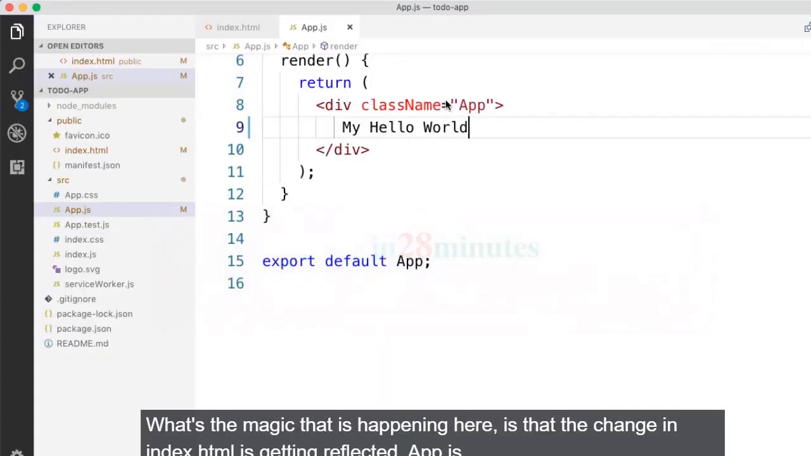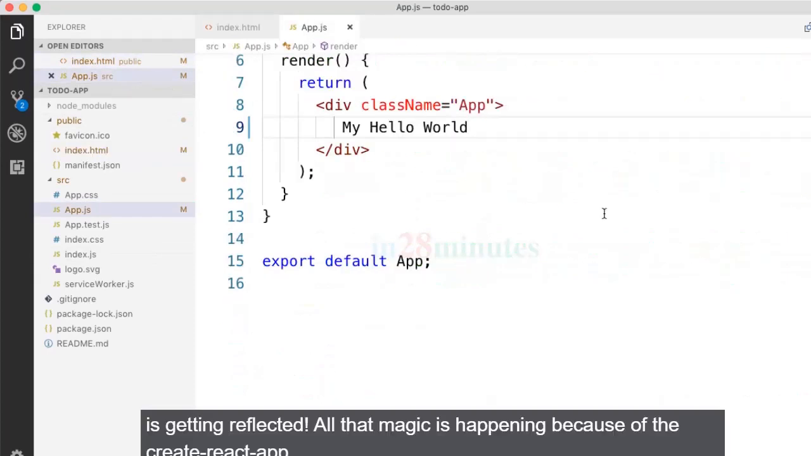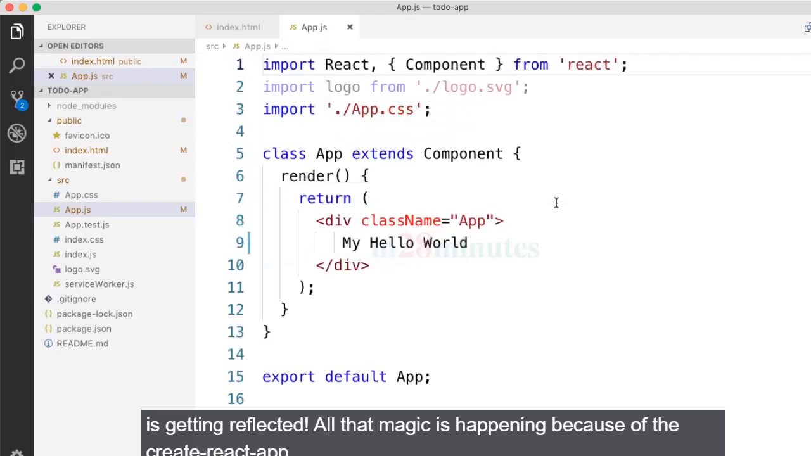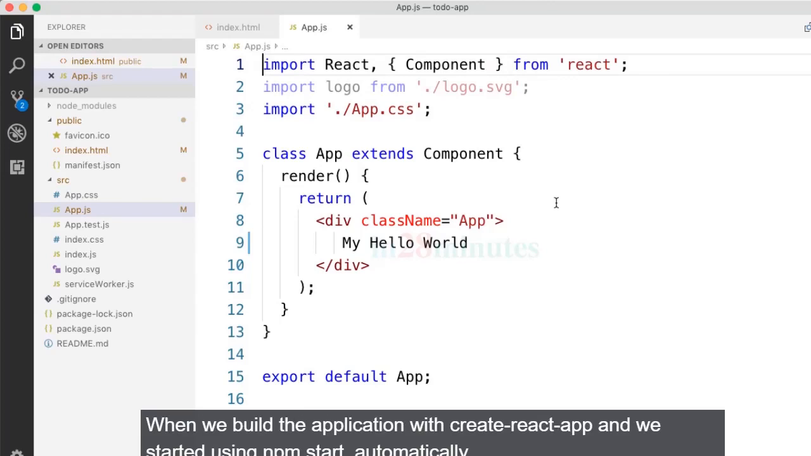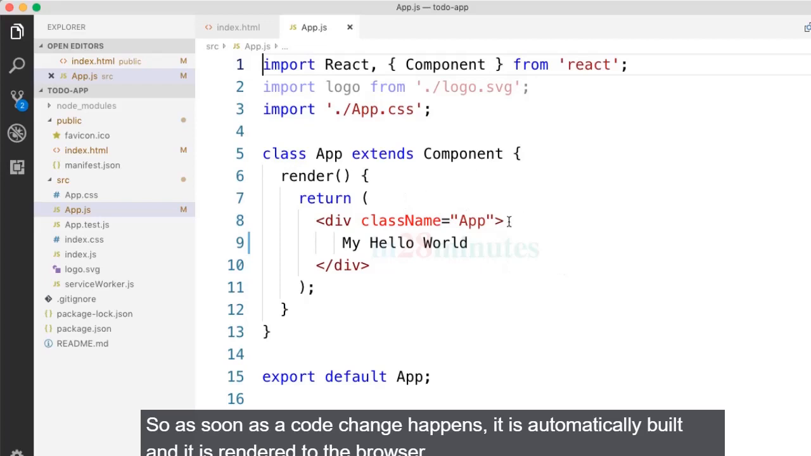Now what's the magic that is happening? How is it that the change in index.html is getting reflected, and app.js is getting reflected? All that magic is happening because of Create React App. When we build the application with Create React App and we start it using npm start, automatically it would keep scanning your code for changes. So as soon as a code change happens, it is automatically built